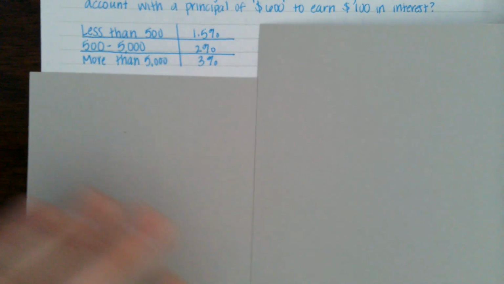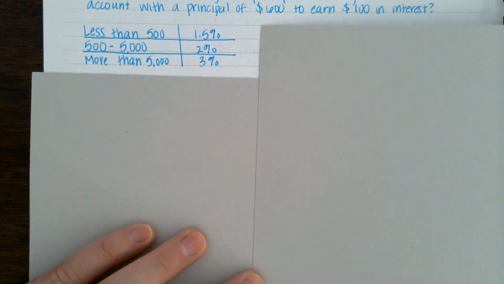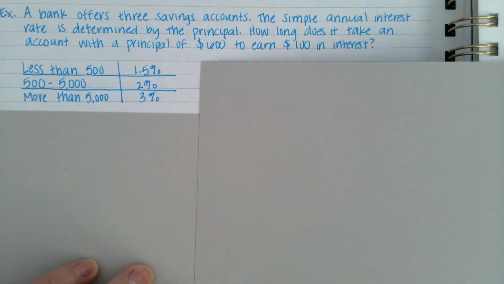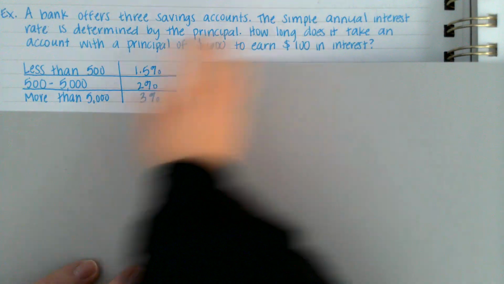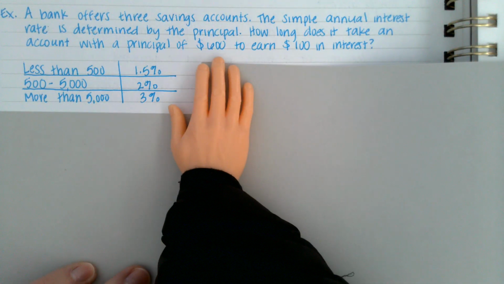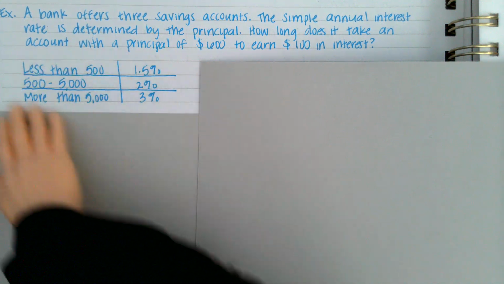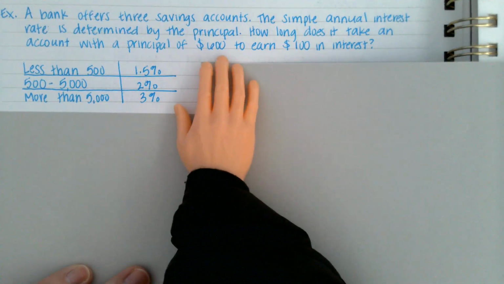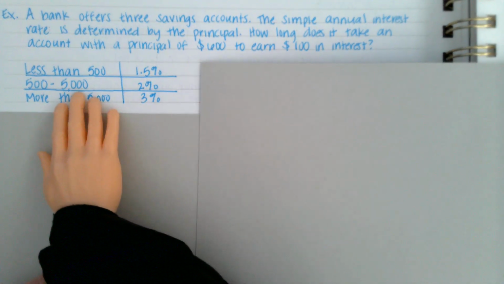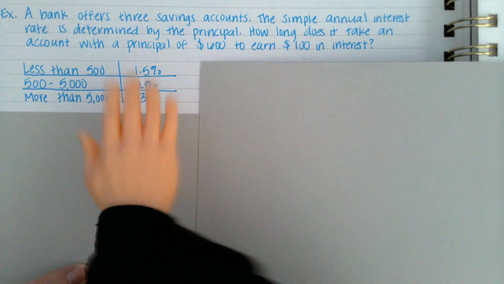A bank offers 3 savings accounts. The simple interest rate is determined by the principal. How long does it take an account with a principal of $600 to earn $100 in interest? So given the information here, we can see $600 is between $500 and $5,000, so it will have a 2%